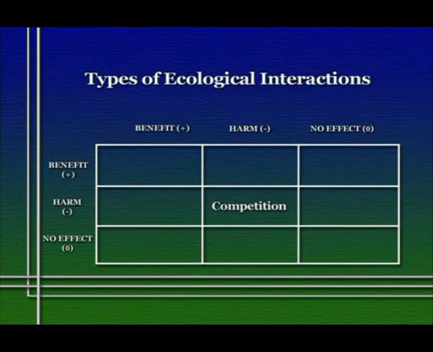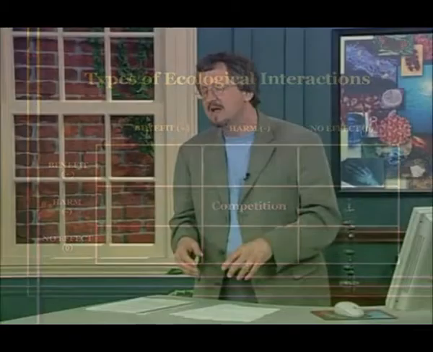Now, we've been introduced to the idea of competition already when we talked about the logistic growth model of population growth, because this logistic model essentially is a model of intraspecific competition, that is, competition among individuals of the same species. Ultimately, it's this intraspecific competition that's responsible for the existence of the carrying capacity of a particular species in a population. Well, we can extend this idea when we think of the fact that two species may in fact share at least some of the same resources.